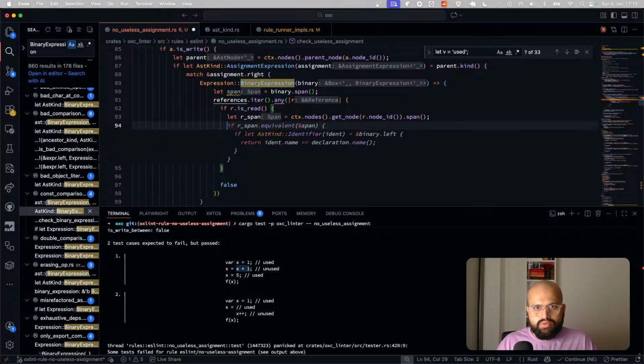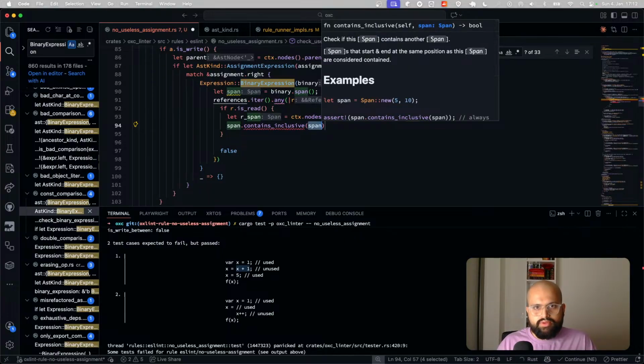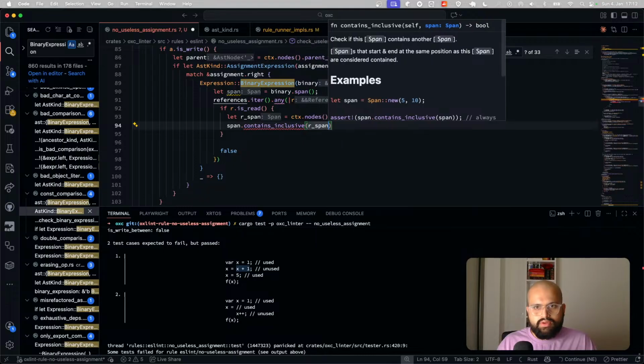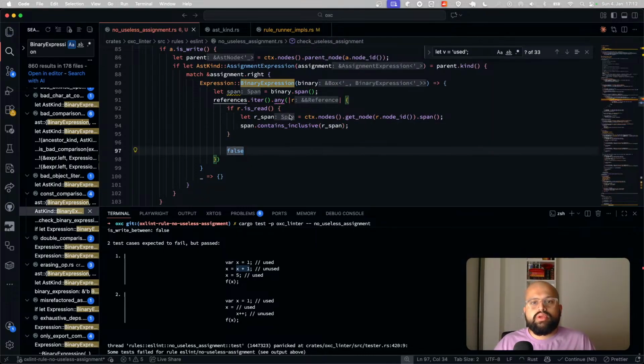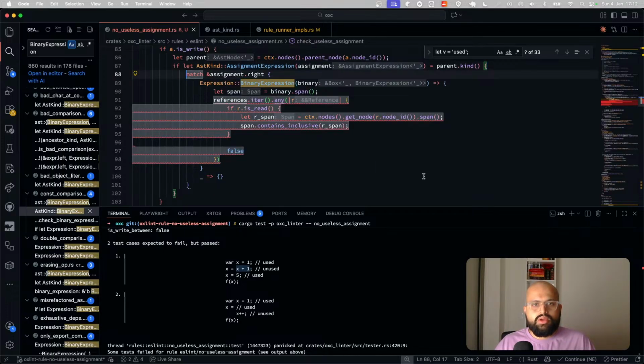If span dot contains inclusive or span, yeah, so if this binary expression contains any of the read references, then return. So essentially what I want to know is